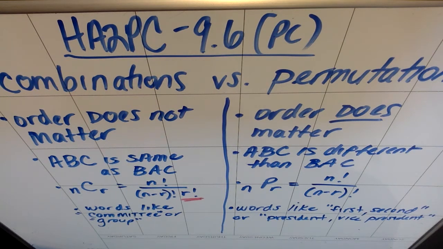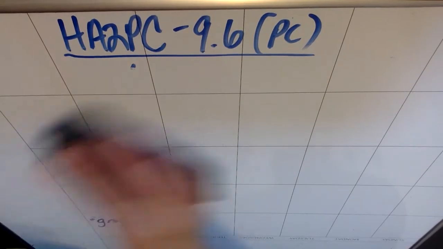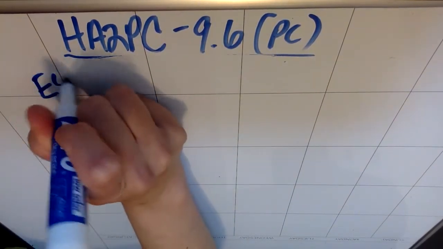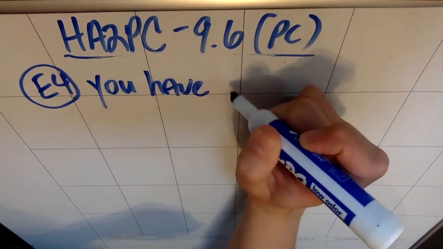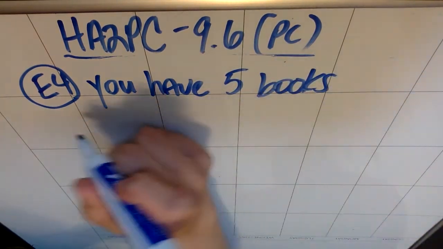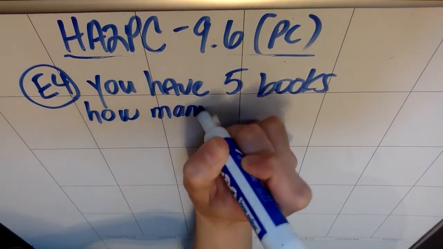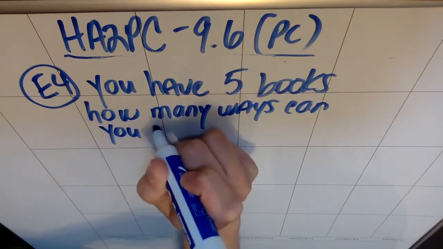We're going to do some problems moving forward, but I wanted to lay out the difference between combinations and permutations now. Let's go ahead and actually walk through one example while we're here. So we're going to walk through example 4. In example 4, you have 5 books. How many ways can you arrange